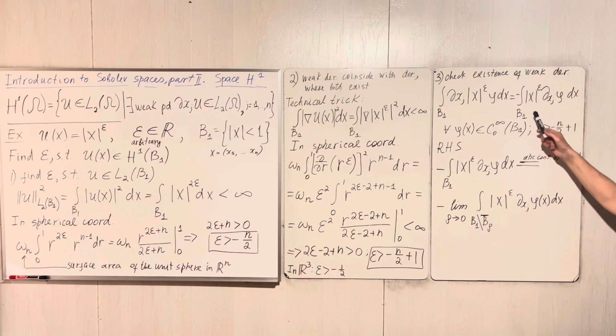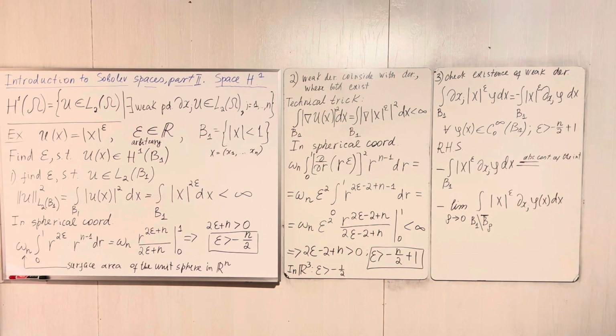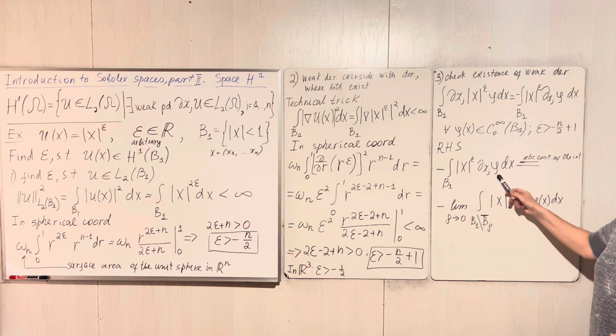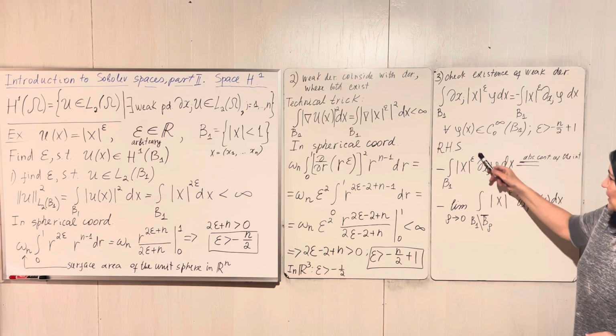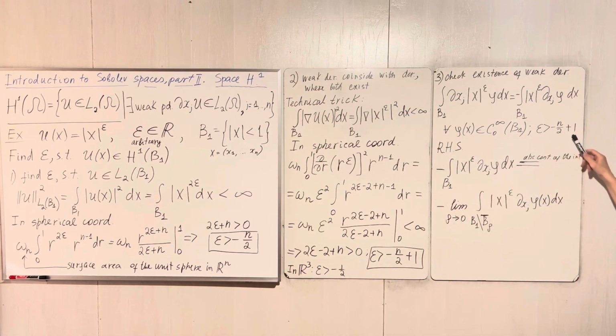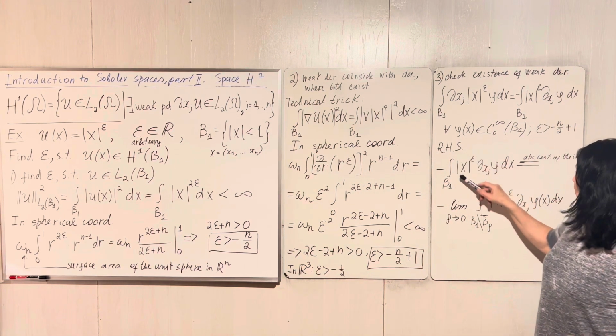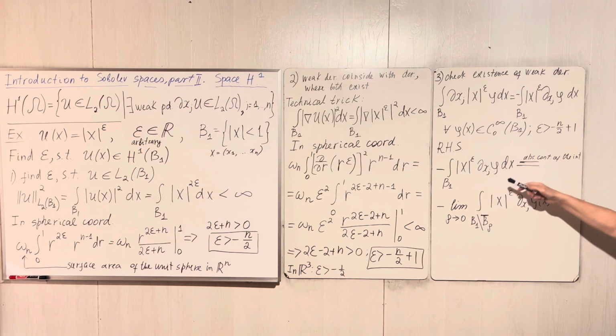So let's start with the right hand side. I have copied it here, and then we can notice that this infinitely differentiable function with compact support, this function from A2, we checked it, right? When epsilon satisfies this inequality, it will be from A2, and then due to absolute continuity of the integral,